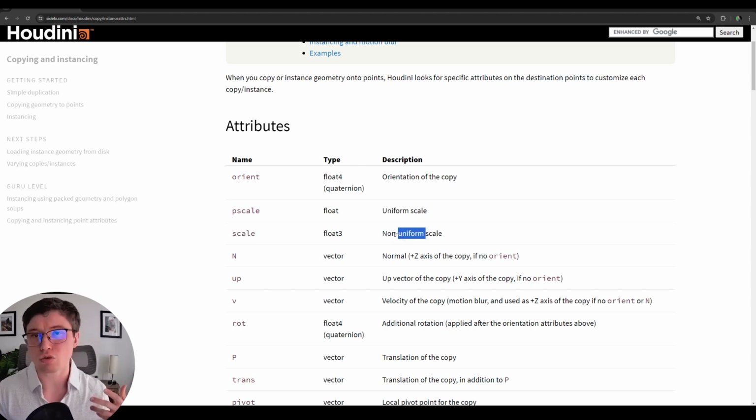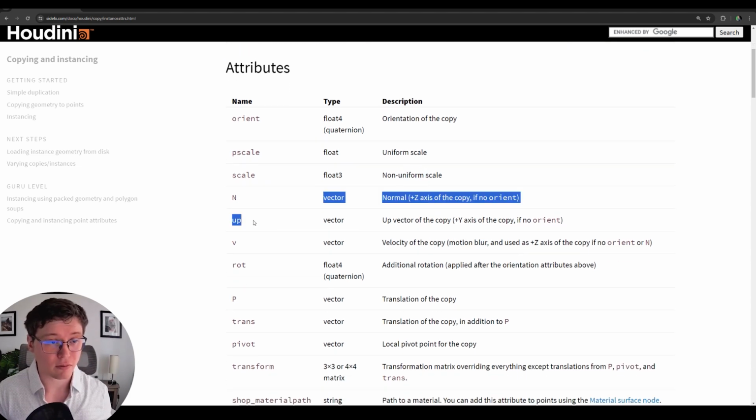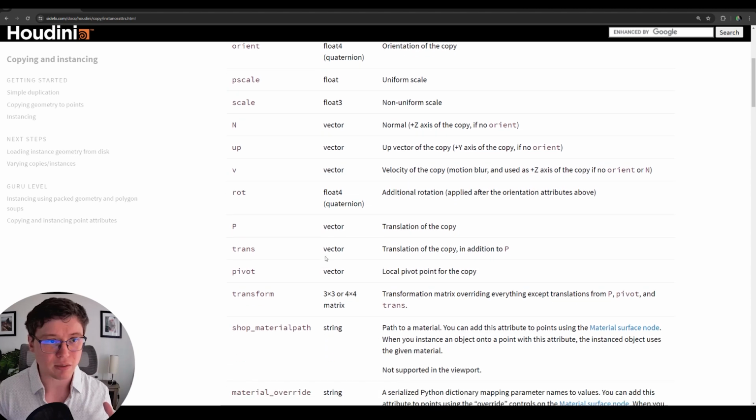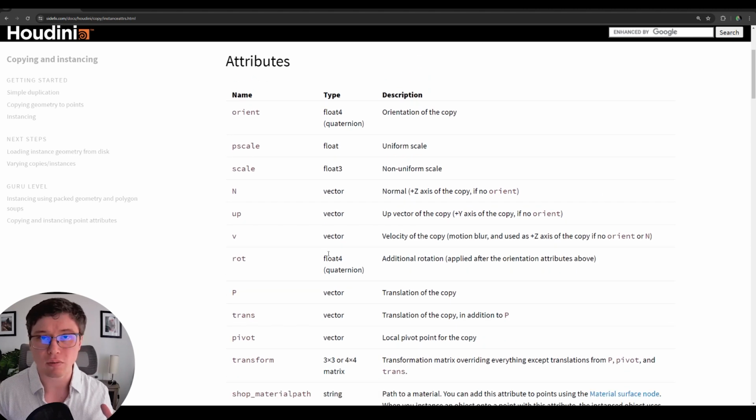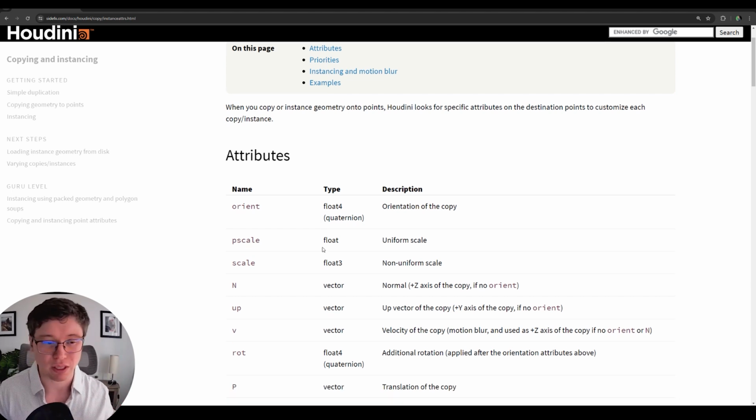Let's say you want to drive some variation in Y so that things are a bit more or less flat, right? So that sort of thing. And then you have N, up, v. There's one thing that's pretty important to understand though, is that all of these attributes, you don't necessarily need all of them. That really depends on what you need.